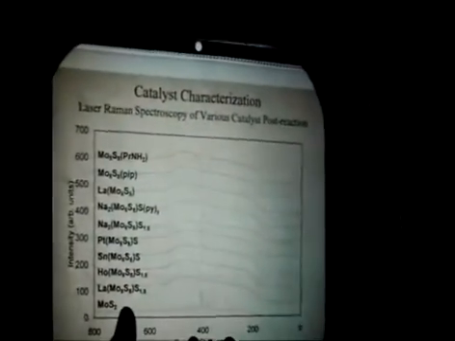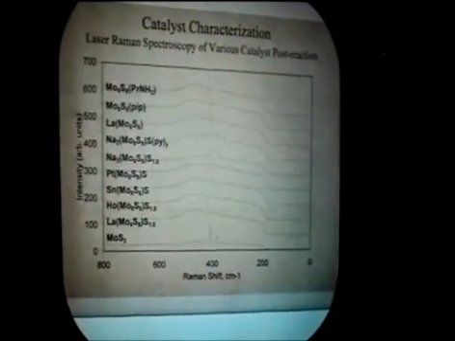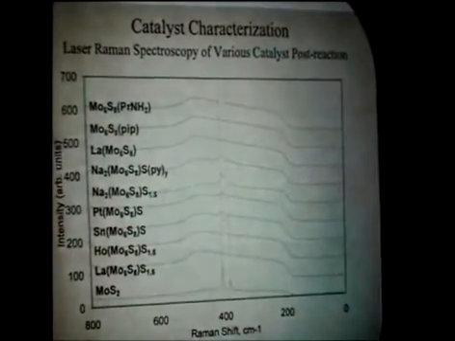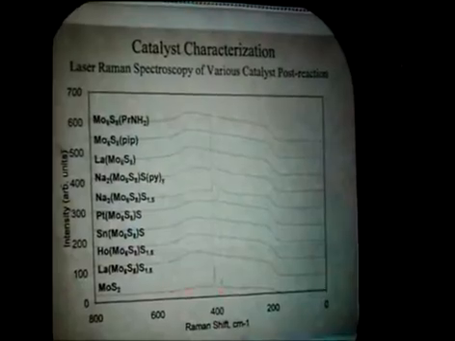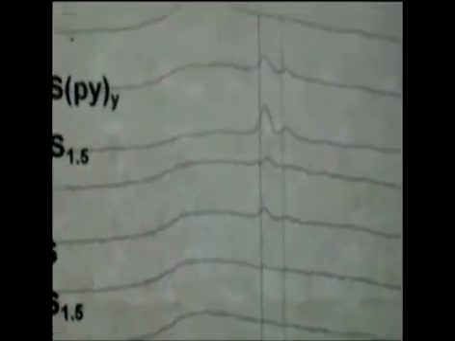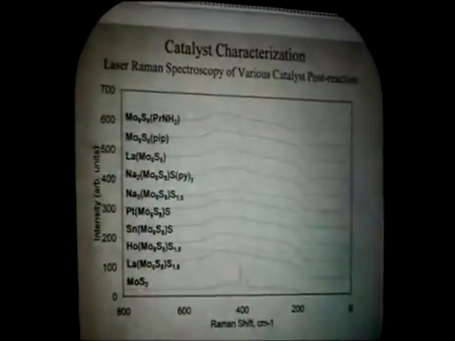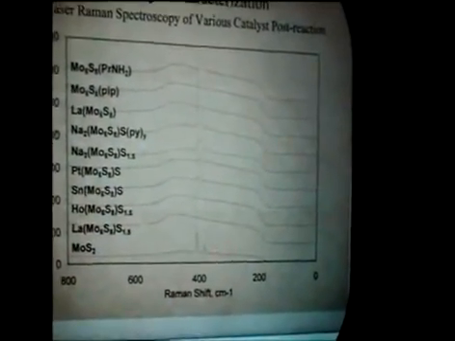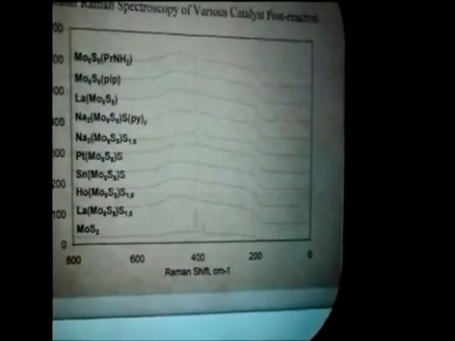Well, we're also interested in the stability of these materials under reaction conditions, beyond just the surface area decreases. So we look for degradation of the material to MoS2, and we use laser Raman spectroscopy to do that since it's a very sensitive technique for detecting MoS2 formation. What you can see is the bottom trace is MoS2, and what we look for is two Raman bands, one at about 383 and one at about 404 wave numbers.